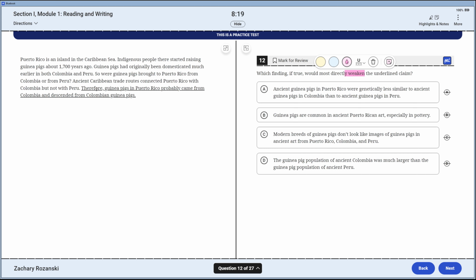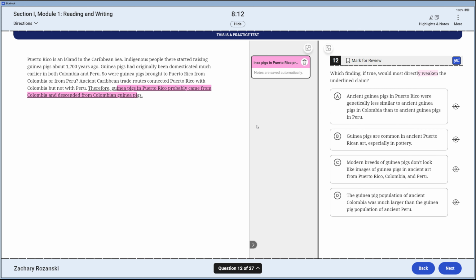Guinea pigs in Puerto Rico probably came from Colombia and descended from Colombian guinea pigs. This one. So, therefore, back a sentence. Because the trade connected Puerto Rico with Colombia, no trade connecting Puerto Rico with Peru, then we can start going this. What would weaken this? Because if we found some sort of connection between Puerto Rico and Peru,